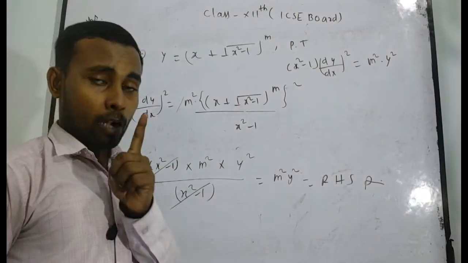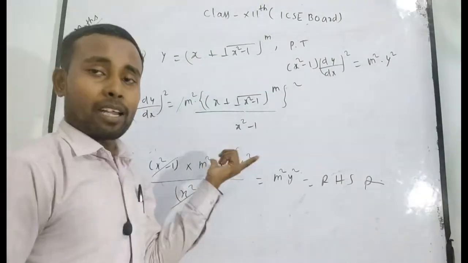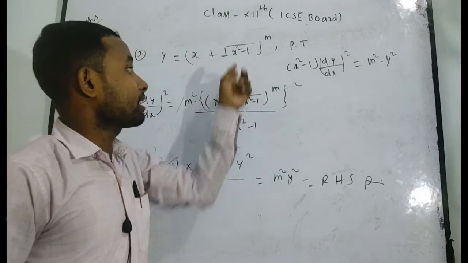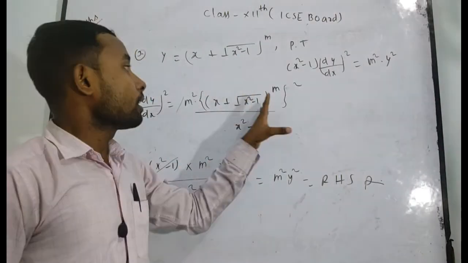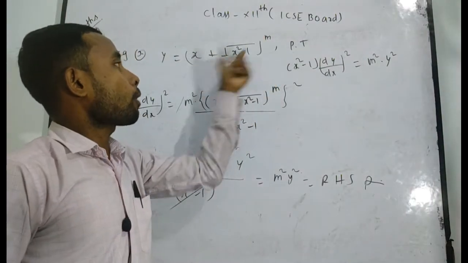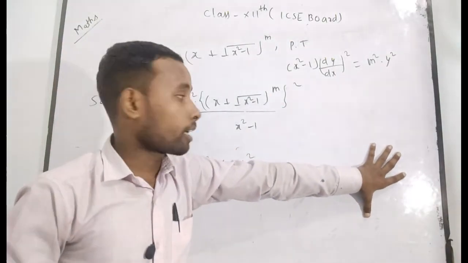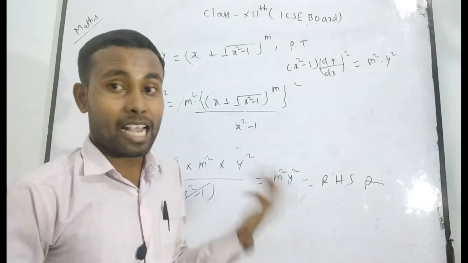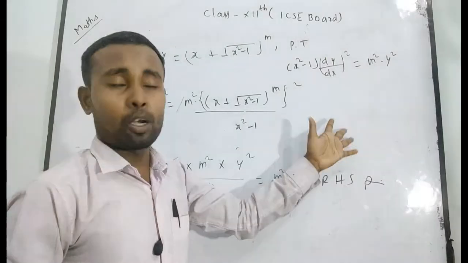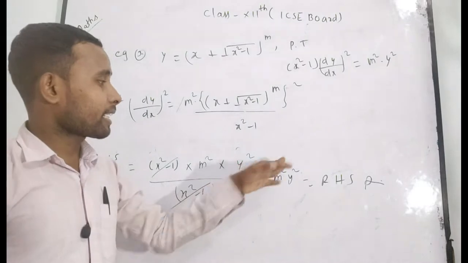But sometimes, when you differentiate this function, you will get the same function again after manipulating. During solving, in the first case, the first step gives a whole power of this term as a minus 1. But in the second term, when you calculate carefully, you will get the same term again, that means x plus root under x minus 1, whose real power is 1. After using the exponent rule, you will get the same value, that means y.